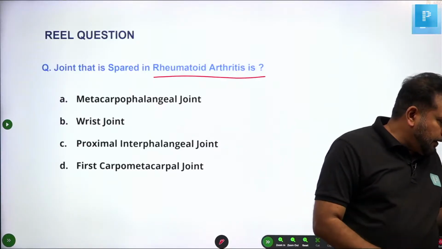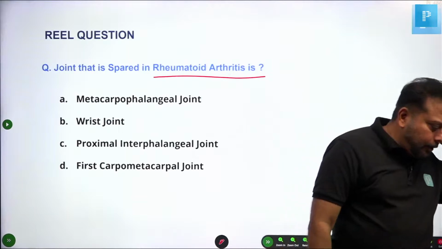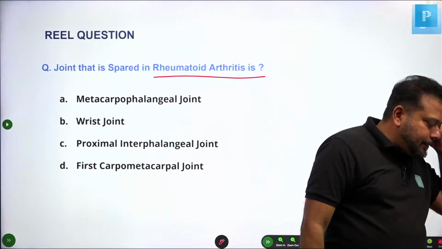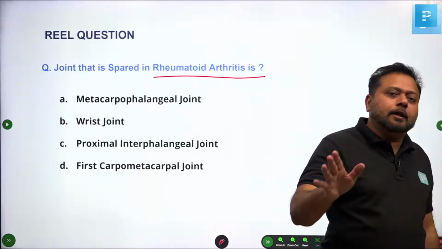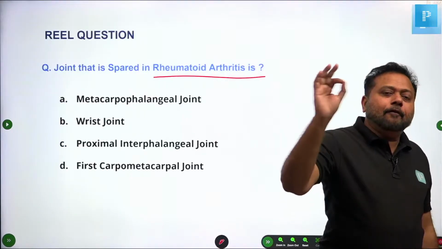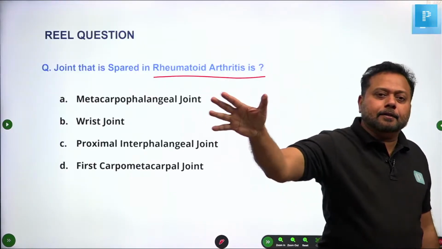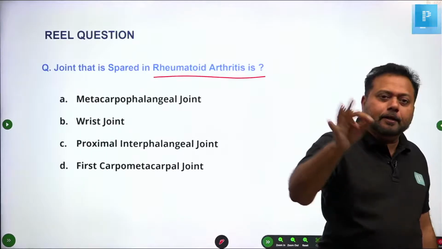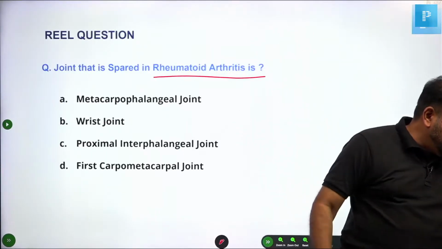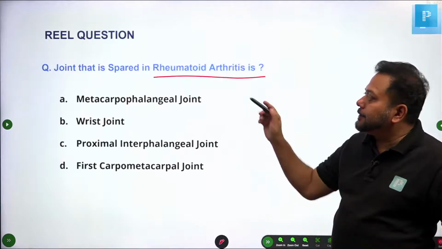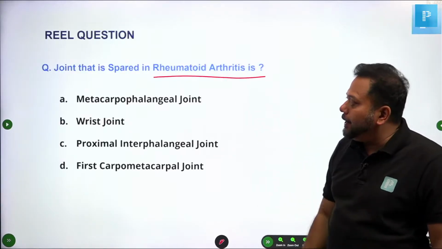Yes, Tamil Maran had understood. I think Tamil Maran, you have understood. Fracture increases, dislocation decreases. That's good, Tamil Maran. That's all. That's the concept. Okay. D for D, dislocation decreases. Fracture increases the length. That's all. Very good. Super. Okay. Yes, the joint that is spared in rheumatoid arthritis.